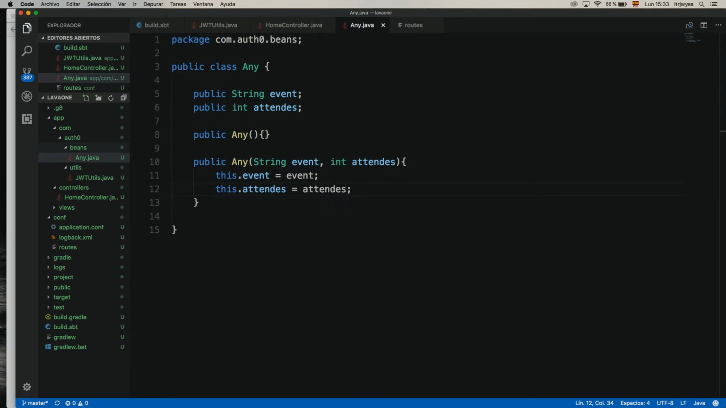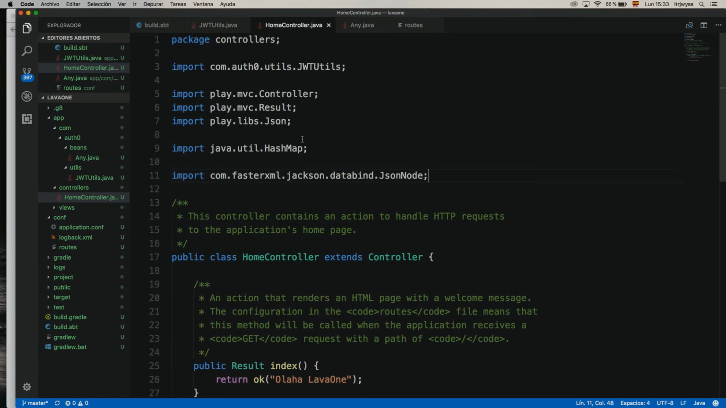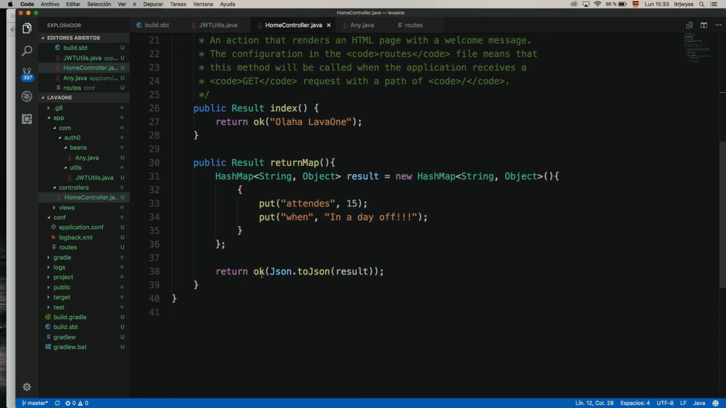Okay, very good. So now I go to my home controller, and I will import this new object that we created here. Very good. Import beans.Any. Very good. Now I will create this object, public Result returnObject. There is. So I will create my Any object,